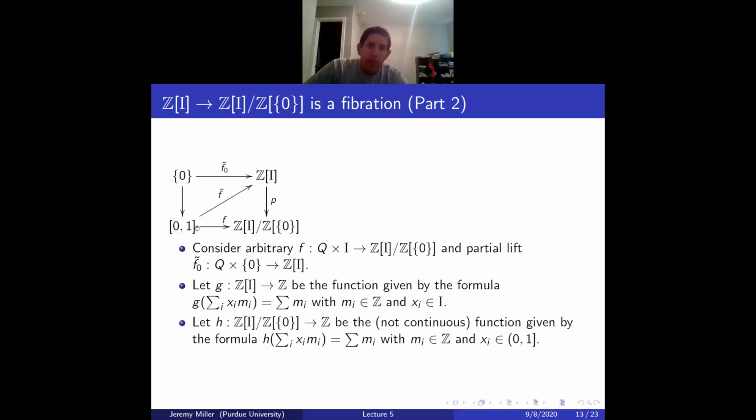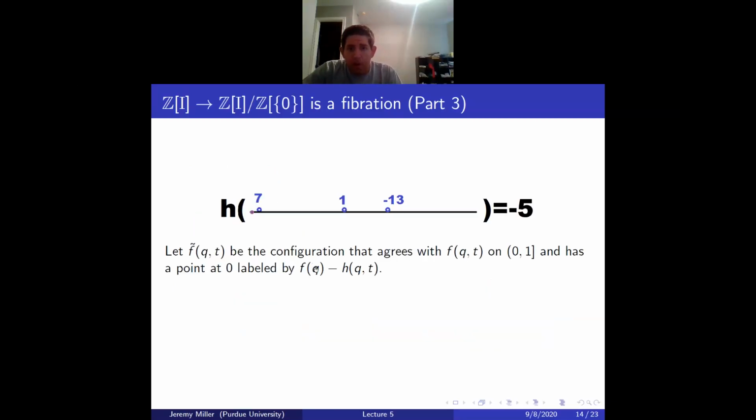What we're going to do, we have this map F here. Off of 0, we're sort of forced to have F tilde be the configuration that agrees with F. So that's what we're going to do. And then the question is, what are we going to label 0 with? And we're going to label 0 with F of Q minus H of